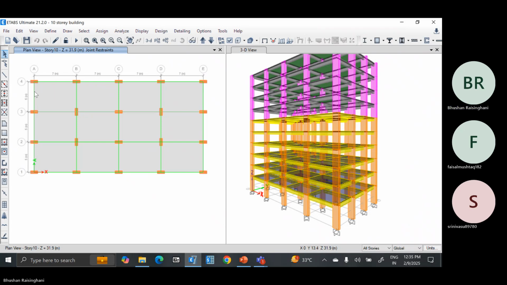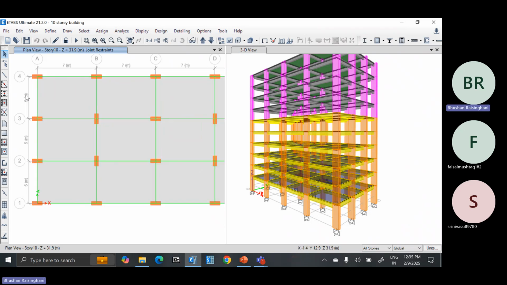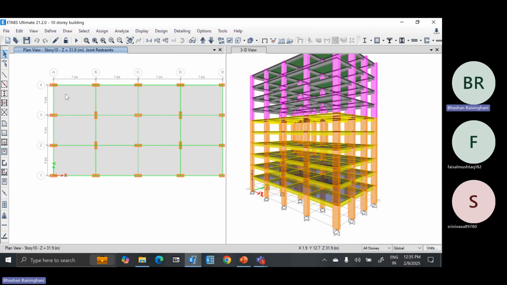This is a two-way slab right now. So I want to convert it into a one-way slab distribution. Then what I can do is divide this 5 meter span in, let's say, half. So what I can do is select one like this and